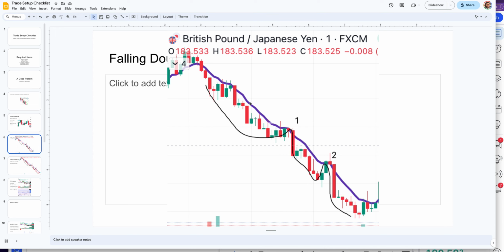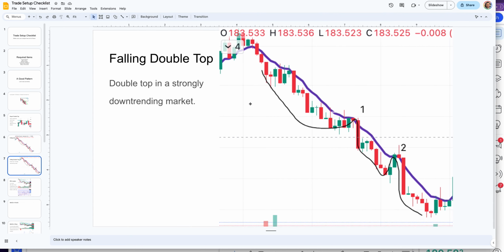There's hundreds of different double patterns like this. They come in all shapes and sizes on all different time frames, but basically you just train your eye to start picking them out. And after a while, you start to see them over and over again. And you start to recognize the different types of double tops and the different types of continuation patterns that these represent. Okay, so next,